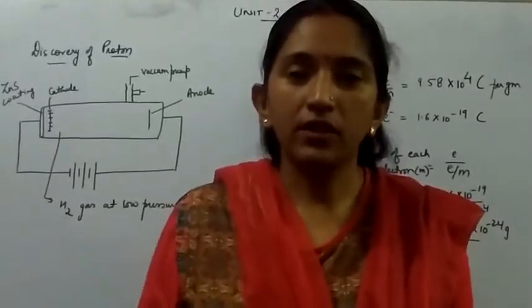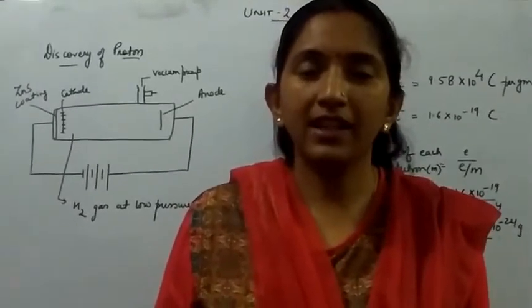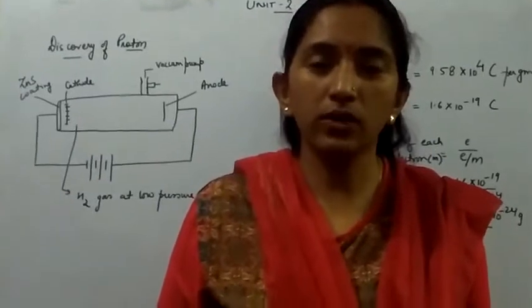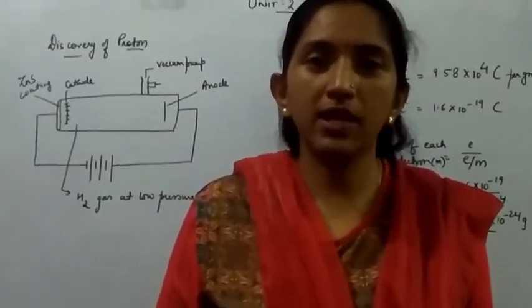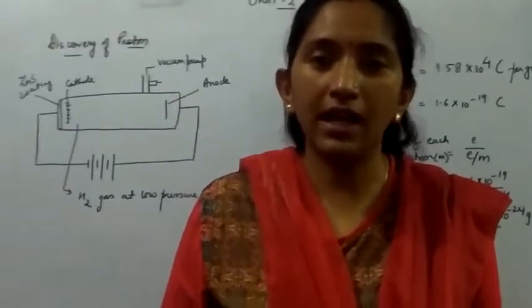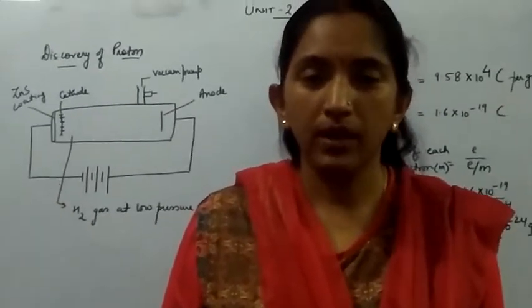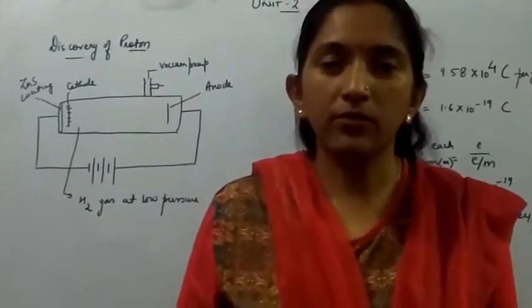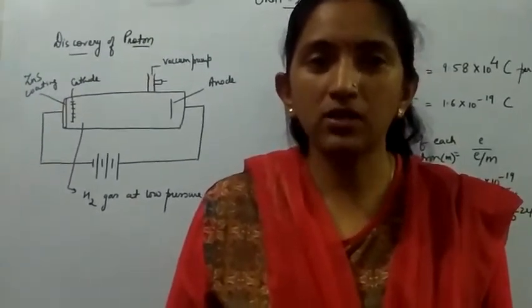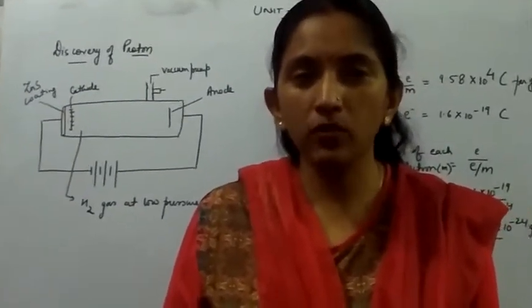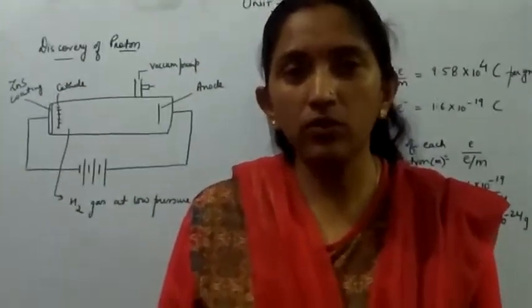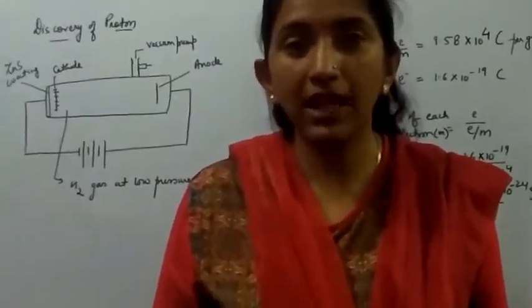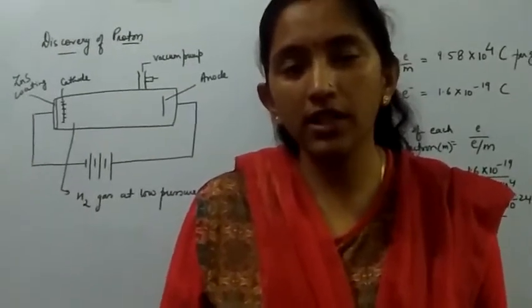After the discovery of the cathode ray and finally the electron, the next discovery that was made was of the protons, and it was based on the study of the anode ray. Now, the setup which was designed was the same as that of the cathode ray experiment, with a slight difference: here the cathode was perforated.